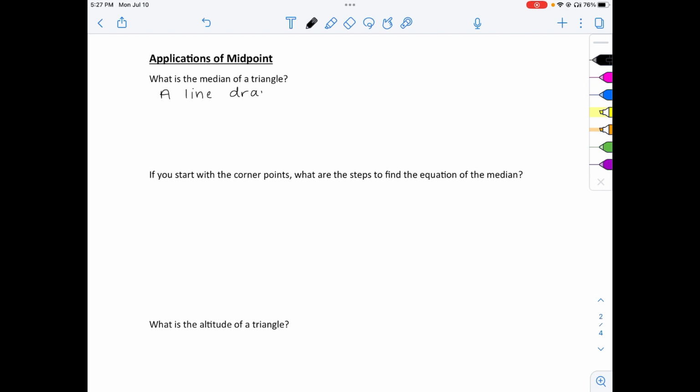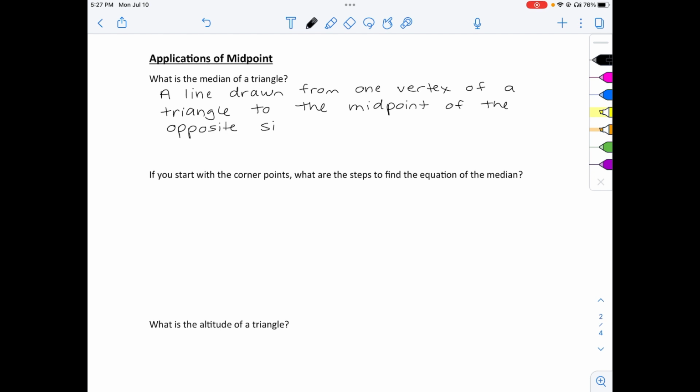Okay, so a line drawn from one vertex of a triangle to the midpoint of the opposite side. Okay, so I'm going to just draw a little diagram to show you what that might look like. So let's say we've got a triangle that looks like this,